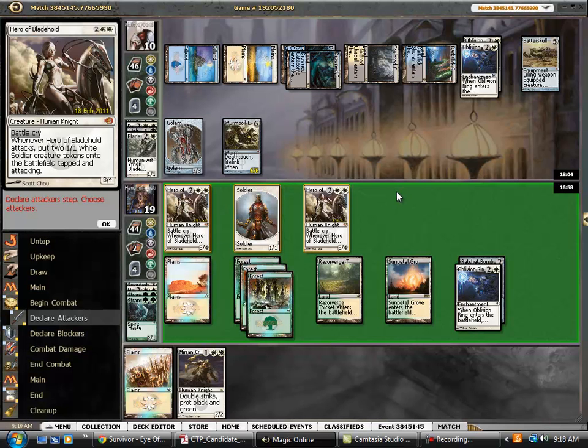Well, let's see, because then he goes to 10. Now he'll go to 11, and then he'll go to 21 on our next attack. We will have, let's see here, we will have 7 soldiers, and a hero and a Mirror Crusader. What does that do? So basically he blocks Mirror Crusader,